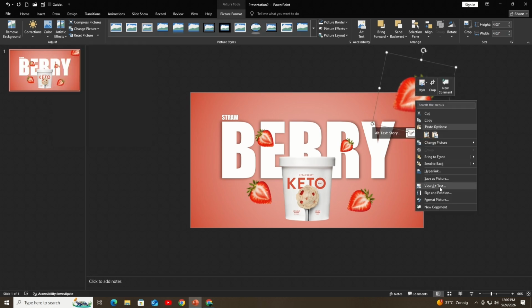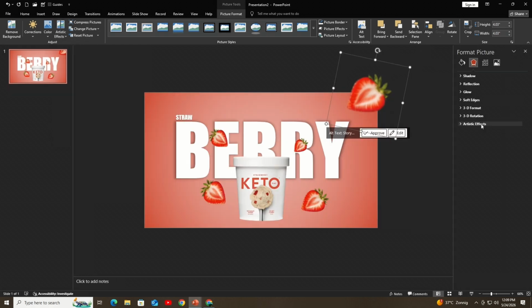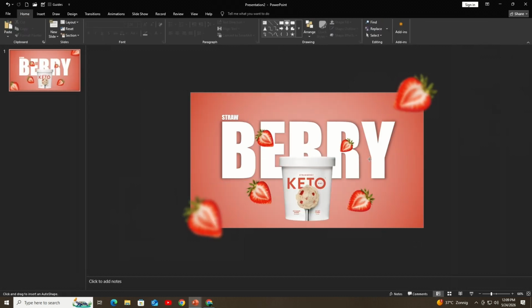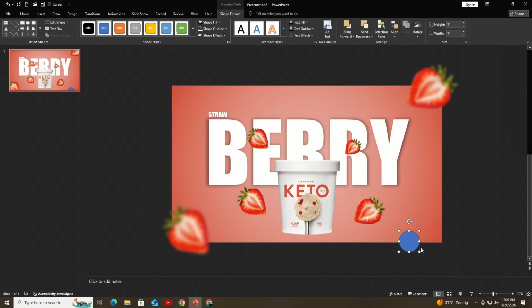Go to Artistic Effects and give it blur. Go to Format Shape and we're going to increase the artistic effects blur. From here you can choose whatever value you want, according to your image. As I'm using the strawberry, I want it to be visible with the gradient, so I'm just going to give it a bit of radius. Close your Format Background and Format Shape panel, and I'm going to insert a small circle